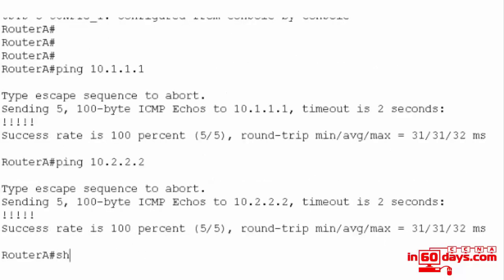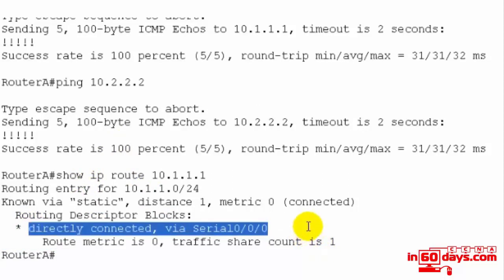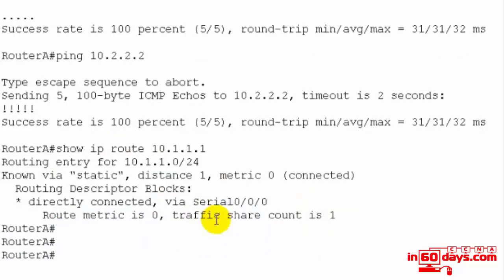Okay, and that's worked. You can do a show IP route, if this works on this emulator, for 10.1.1.1. So directly connected via serial 0/0/0. And if we do a show IP route 10.2.2.2,